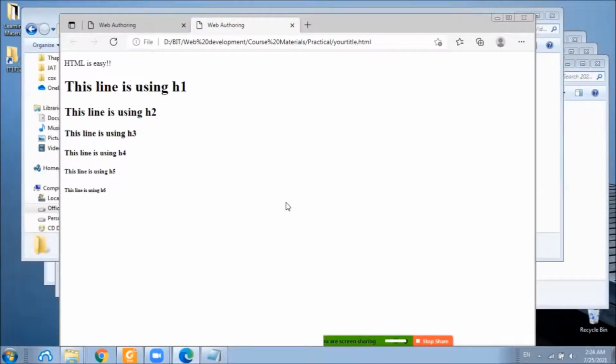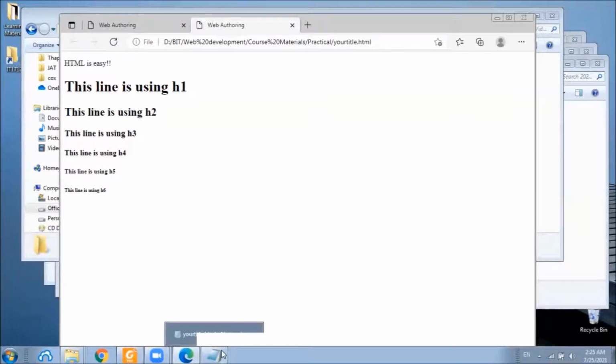In a web page, we will be needing the text in different styles. Clearly, this heading tag enabled us to define the headings in different sizes. But in addition to that, we will be needing things like making text bold, making the text italic, making them underlined, or making them subscript or superscript.